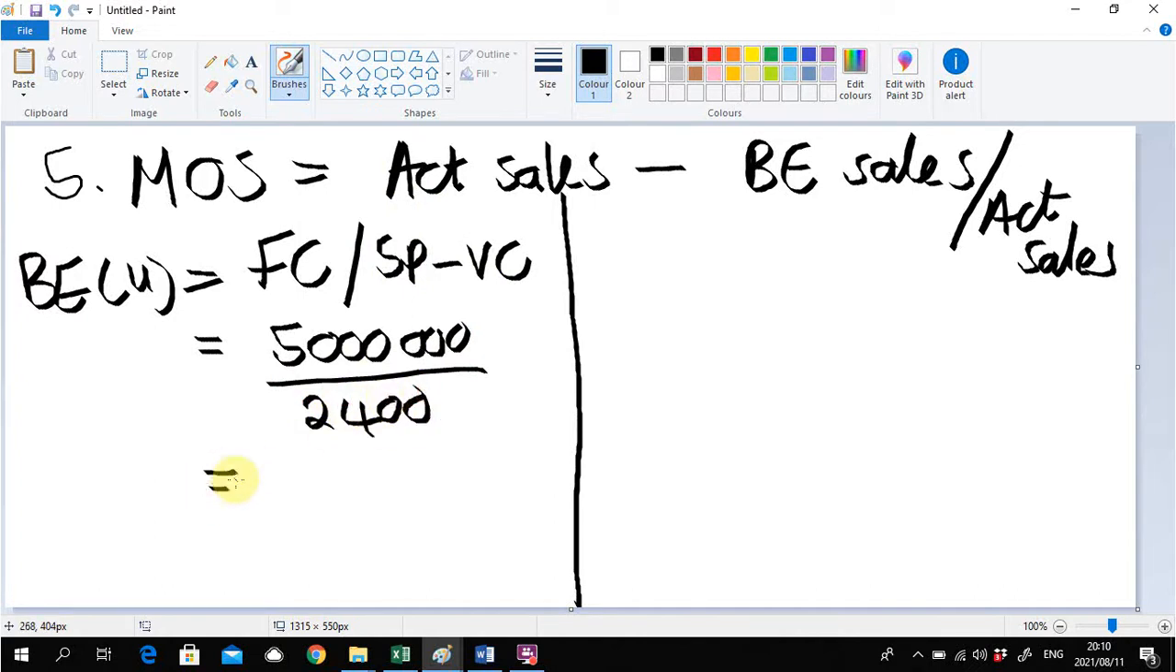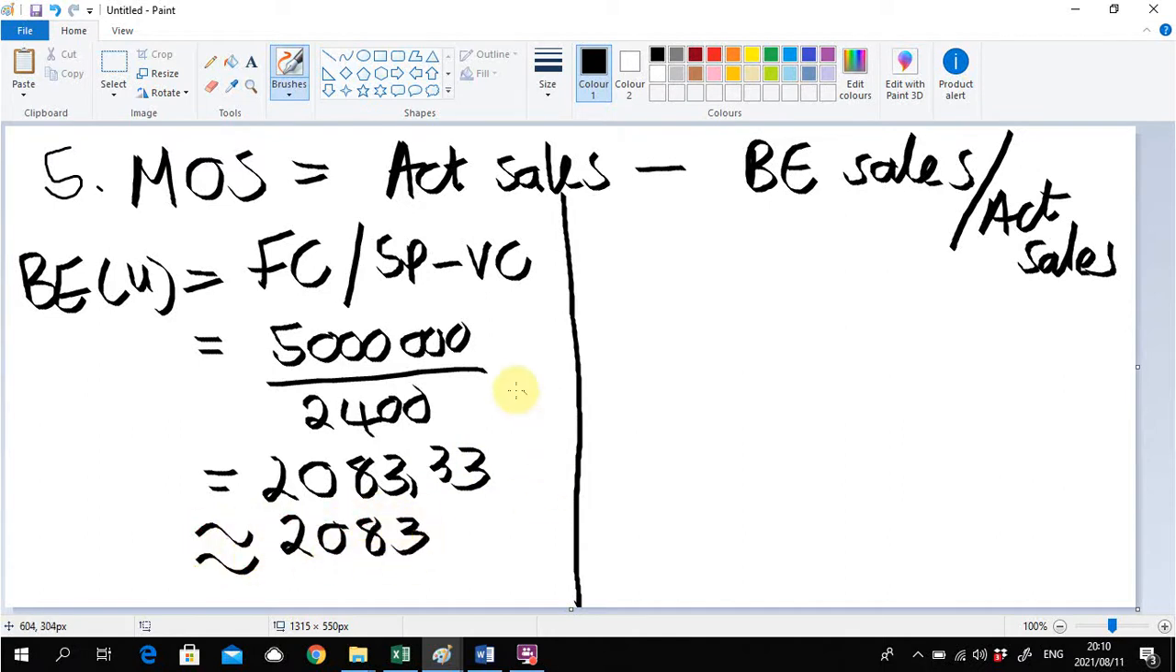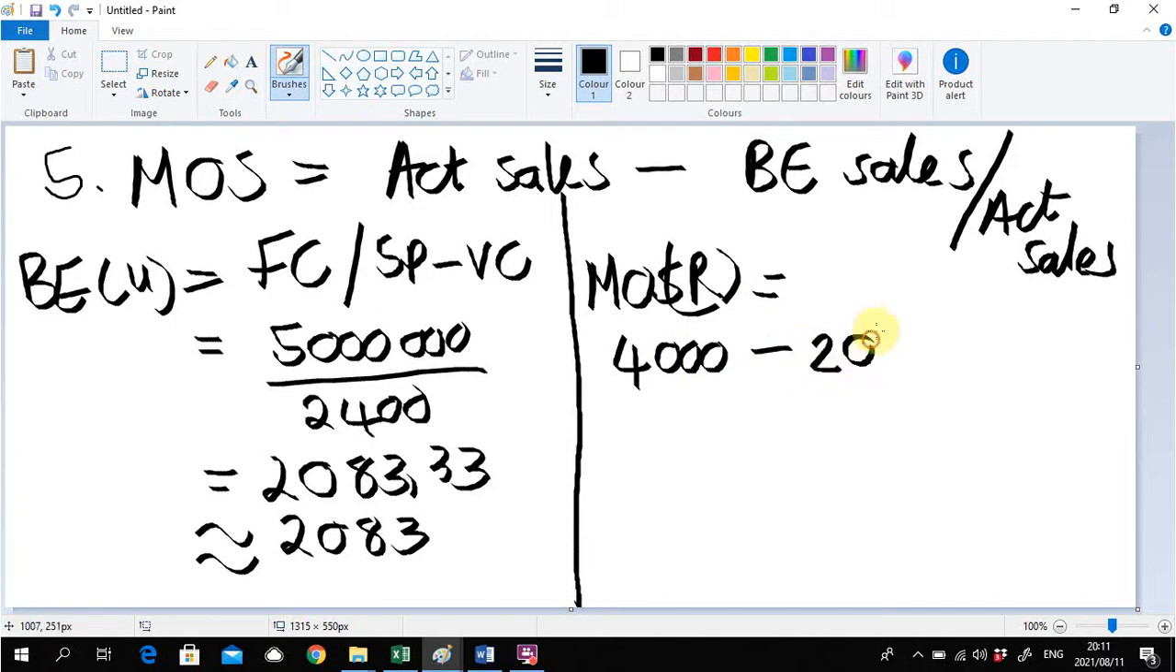So if I look at the break-even in units, 5 million divided by 2,400, I get 2,083.33 units, but I am just going to say 2,083. We won't make 33% of a unit. So what is the margin of safety ratio then? For the margin of safety ratio, we're going to say what is the actual sales? It is 4,000 units minus the 2,083 divided by the